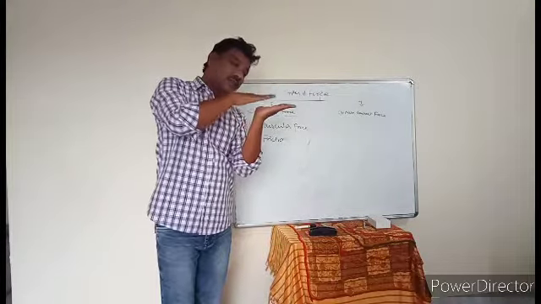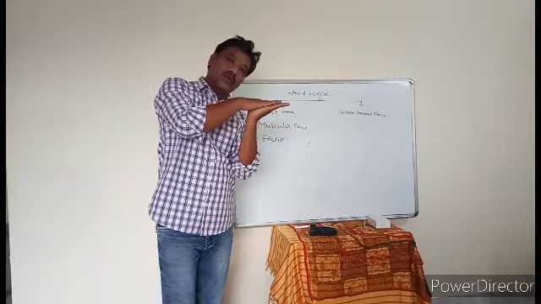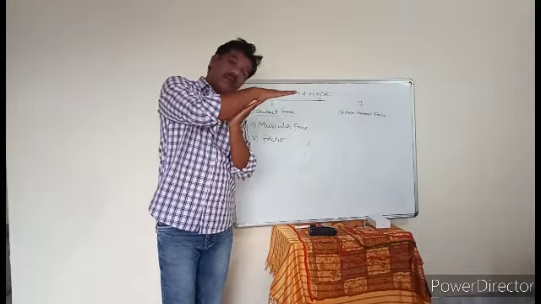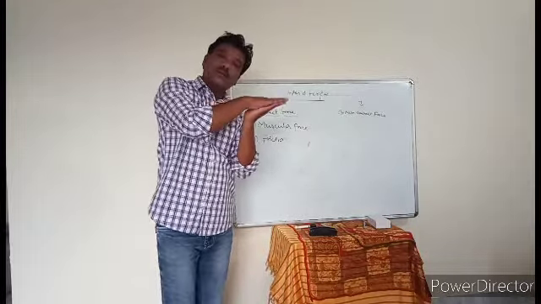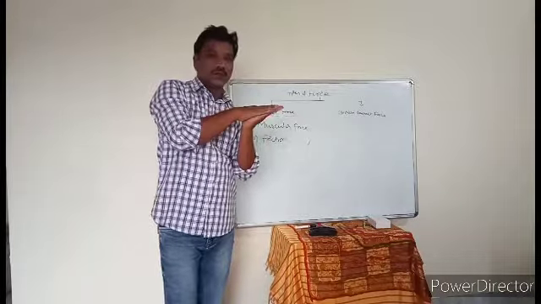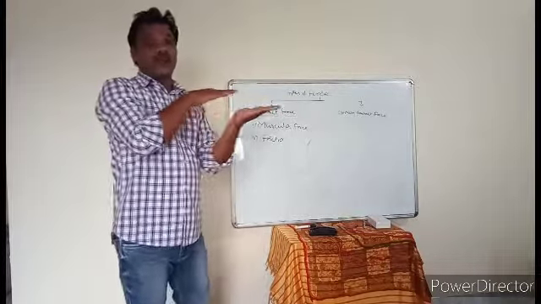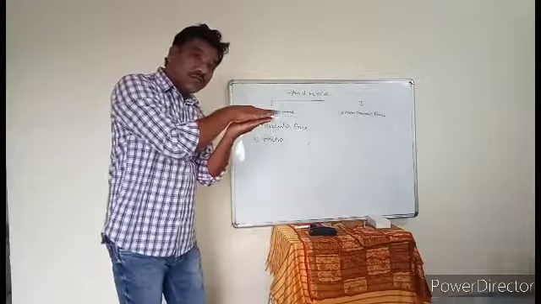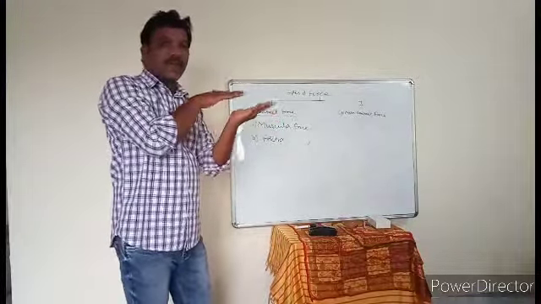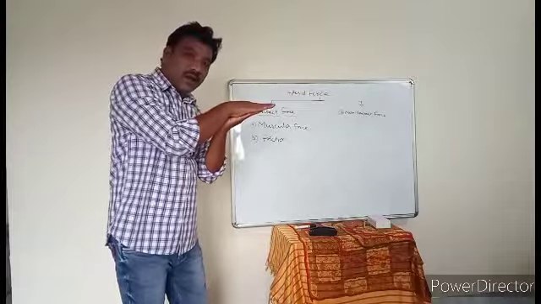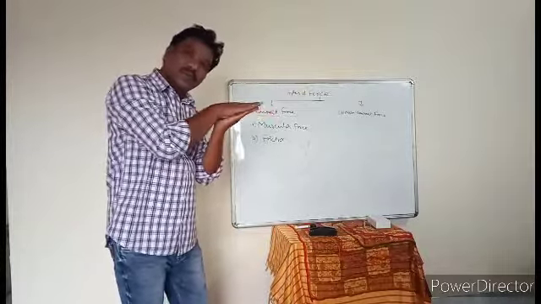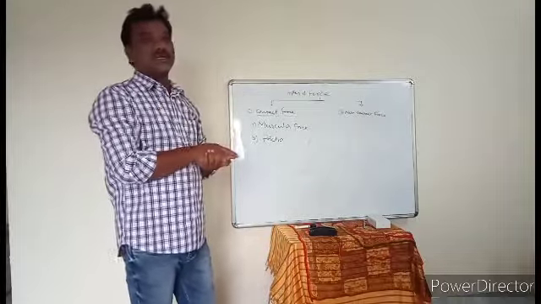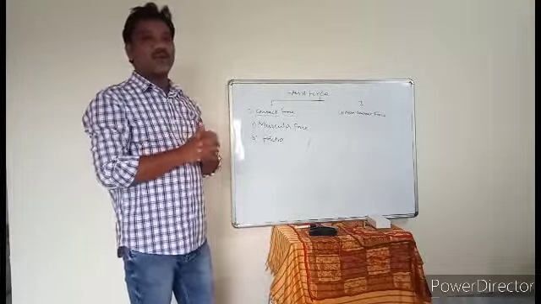At that time, this bottom surface will apply the force on this top surface in the opposite direction. At that time, what happens? The motion of the object will be reduced. That means what? The friction, what is it doing? The friction is avoiding the motion of the object. It is reducing the motion of the object. It is reducing the speed of the object. Such a type of force is called the frictional force.